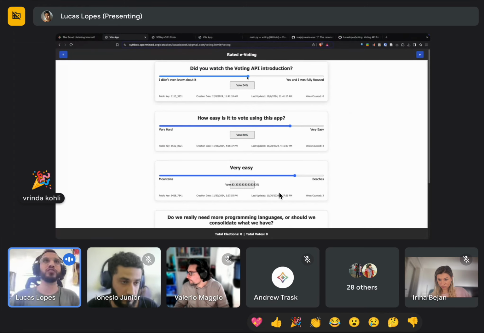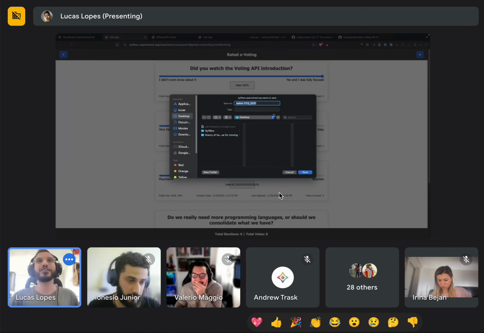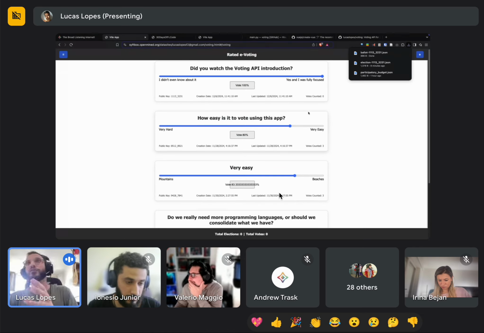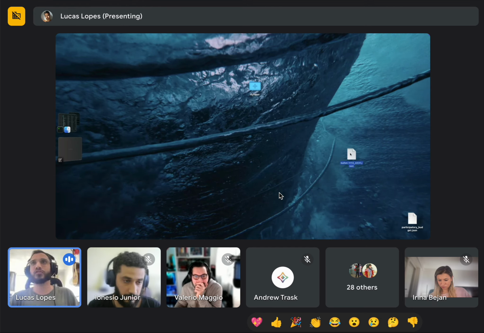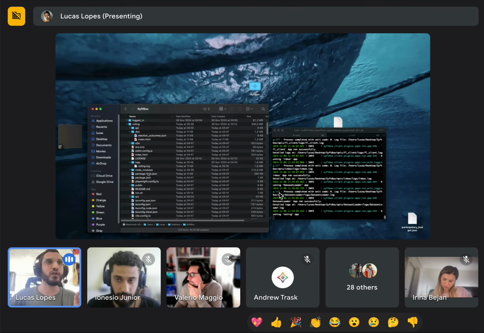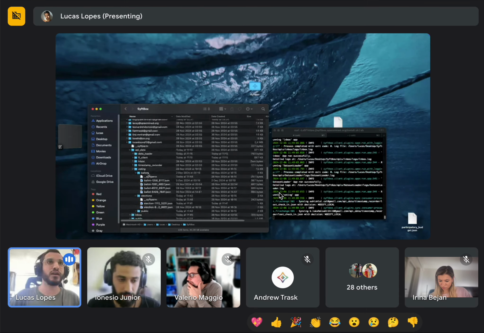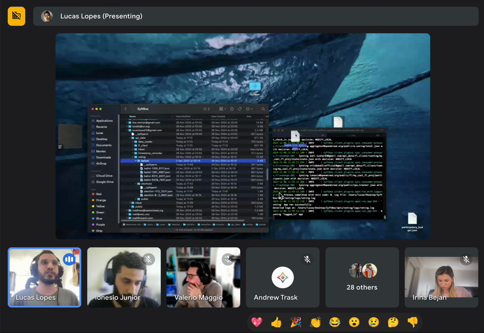I'm going to vote, and you can just drag the slider here to be more on this left side or more on the right side. I'm going to put 100% because I'm the one giving the introduction, but please don't tell anyone I voted. I'm going to save the bailout JSON file. It should appear on my desktop, which is here. Perfect. Now, what I need to do is just go in the data sites, in the API data, in the votings, and in bailouts. And I just need to drag these to here.